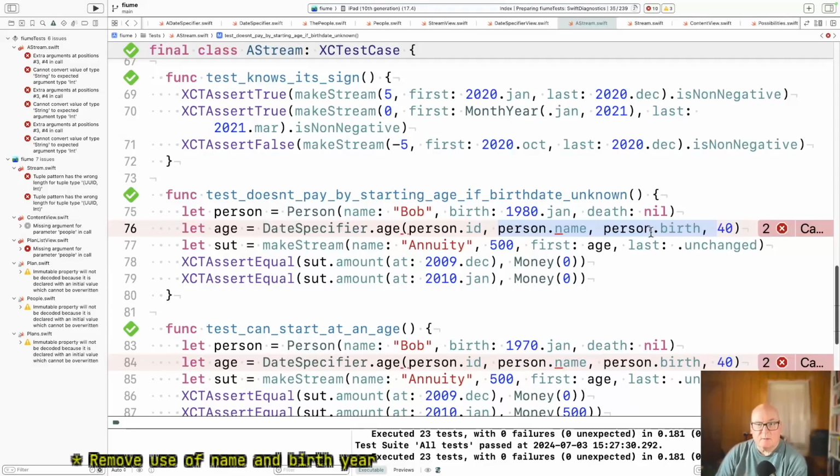Well, something's going to break. Right, because person's birthday affects the stream. But we have it here, so we can put it back in if we need to.